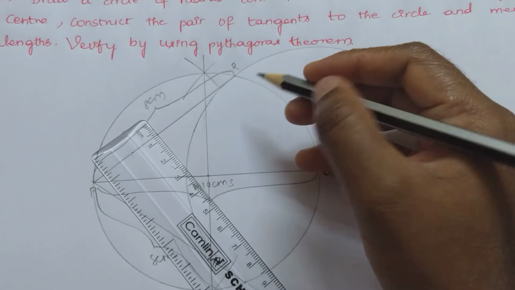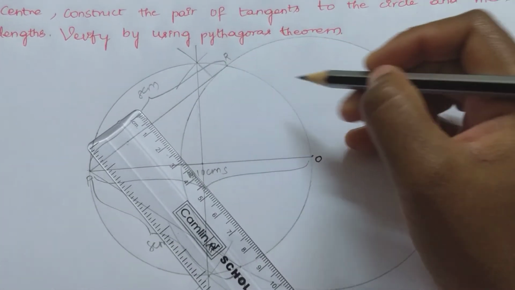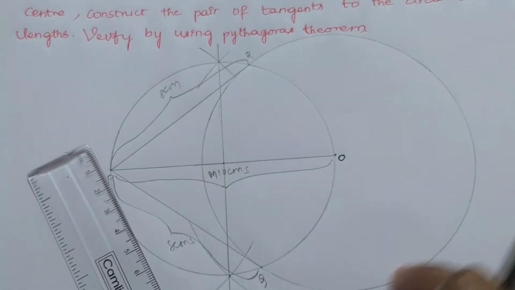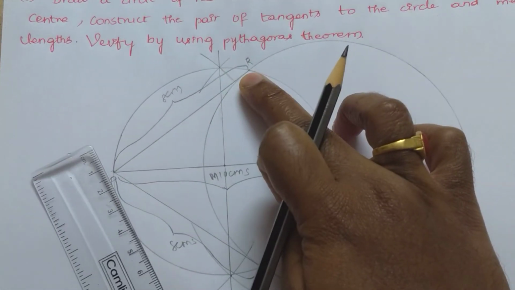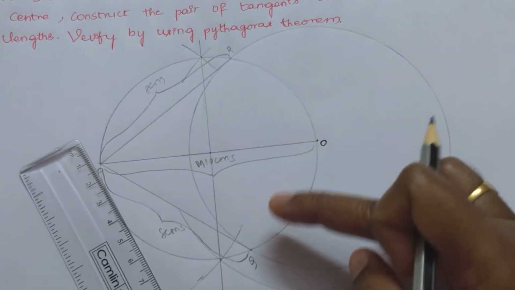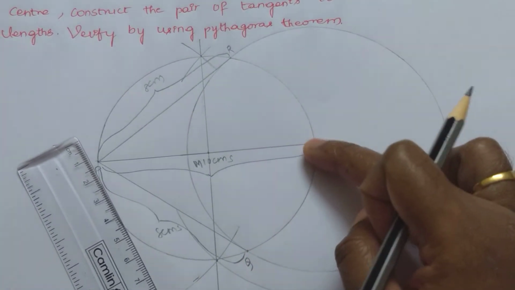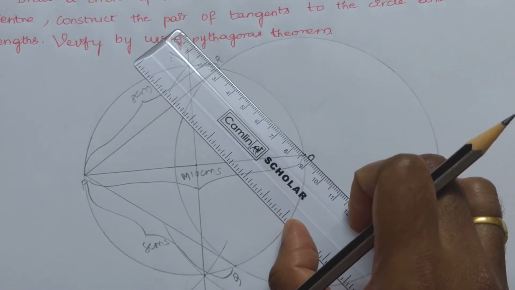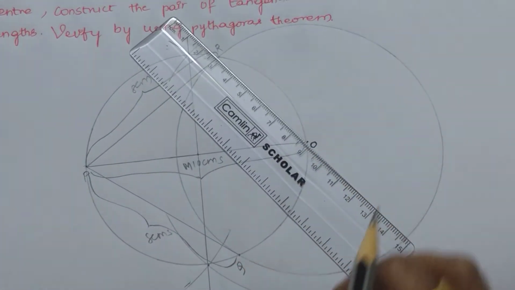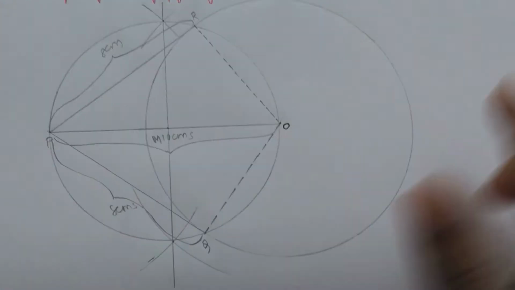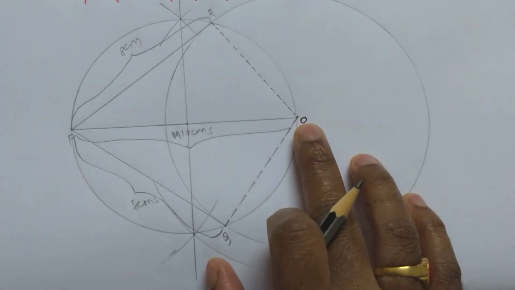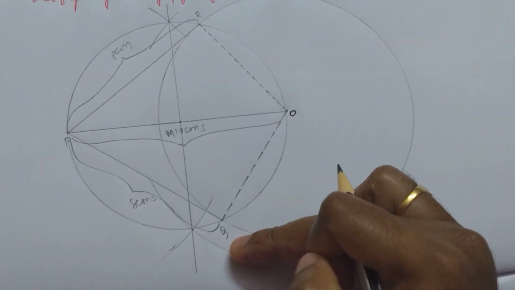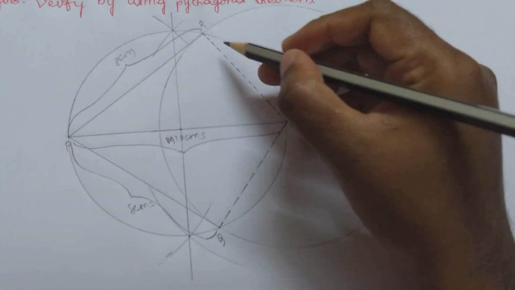So when you consider this OR as a radius to the circle with the center O, for this circle, from O to R is the radius of the circle and from O to Q is also a radius of the circle with this center O. So now what will I do? I will just draw a dotted line from O to R and from O to Q. Let's do that now. Yes, you can see here I have just drawn a dotted line from O to the point R and from O to Q.